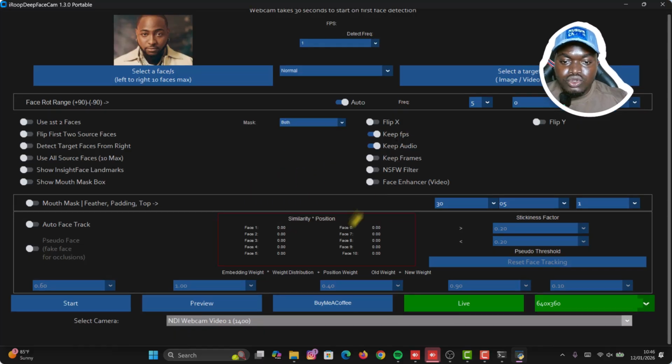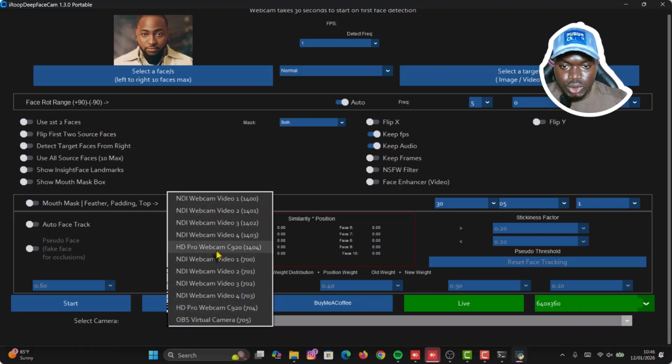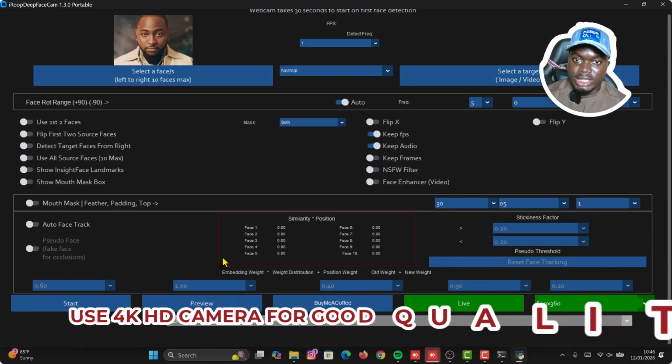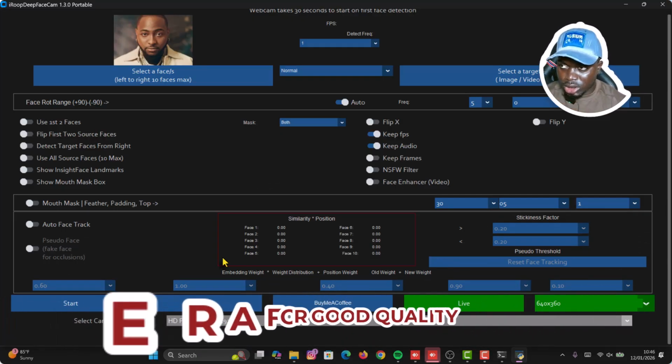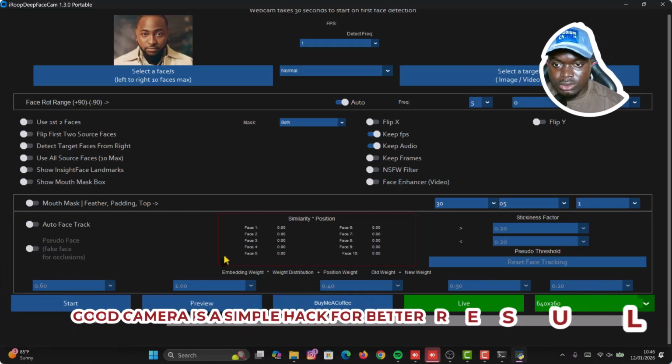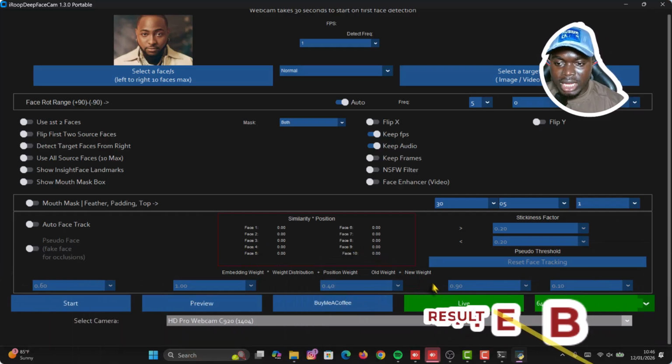Okay, so you scroll down and come over to this select camera here, and then you select the camera that you want to use. So I'll select my external webcam, the HD external webcam, so I'll get a good quality. So it's always good to use an external webcam, an HD external webcam, or a 4K external webcam if you want the best quality. Okay, so having done that, I'll click on live,